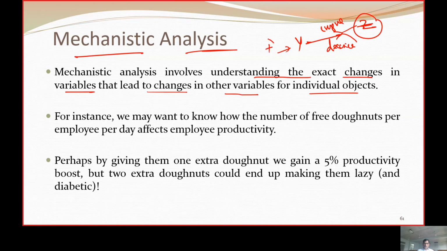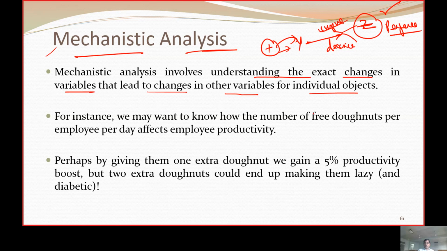When I'm going to make some addition to it, we need to understand whether it is going to decrease the performance. So how much can we give so that we can improve the performance? It is not that we can give the total amount and improve the performance, but minimum to minimum, if some boosting is given, whether that variable will maximize the performance or not. So in this way, we are going to use this mechanistic analysis.